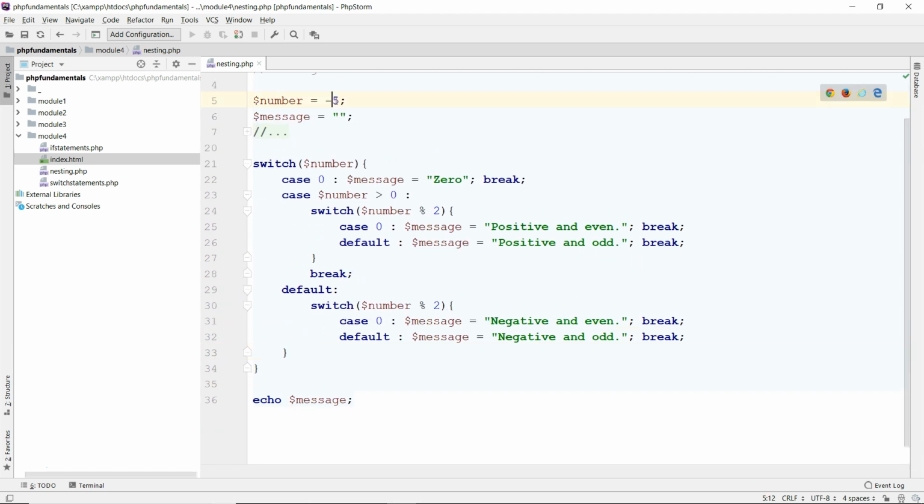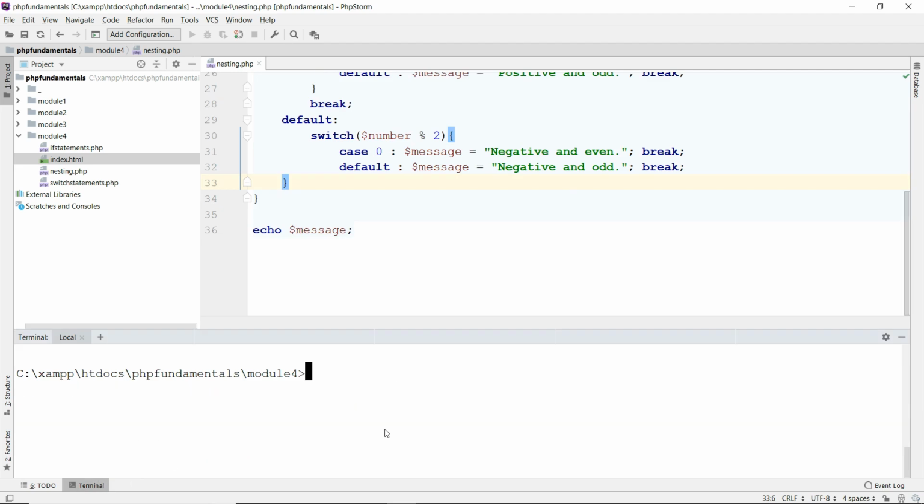So -5 is not a 0, is not greater than 0. It is the default. I'm going to go down here, switch -5 divided by 2. I get a -1. Therefore, it's not a 0. So therefore, it must be negative, and it must be an odd number, right? Okay, so if I save this and run it down in the terminal, clear my screen, and I got a negative